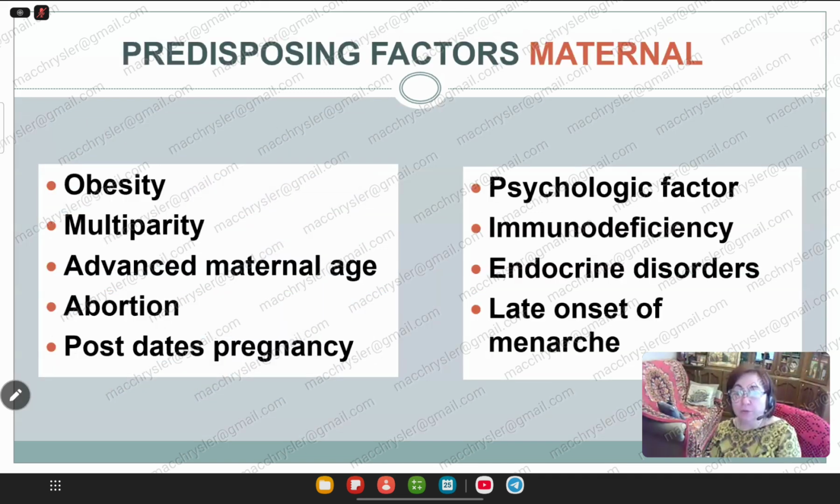Now a little bit talk about each predisposing factor. Maternal factors are usually associated with obesity, multiparity, advanced maternal age. But I told that age is not obligatory, because each rule has exclusions. For example, I had a parallel case at the same time, plus minus: this girl is young age, and I told about her not adequate behavior, which complicated her labor, and